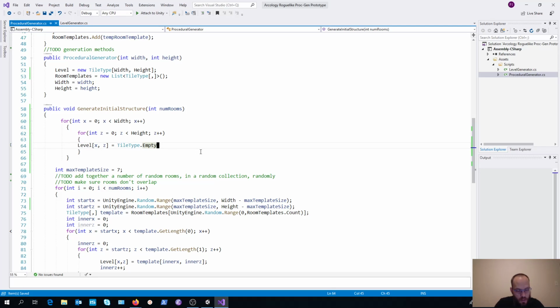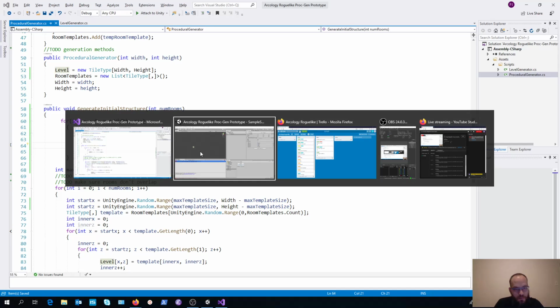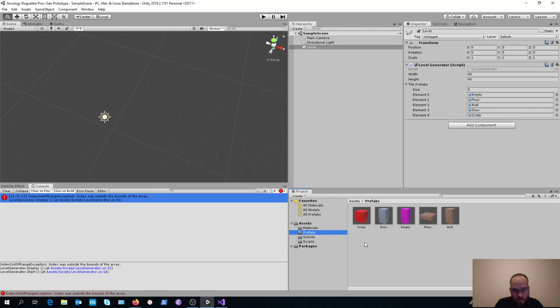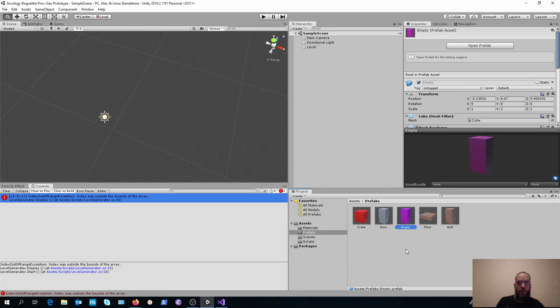Now at the moment, tiletype.mt is that horrible empty tile, but obviously we can fix this so that it is an actual empty tile.